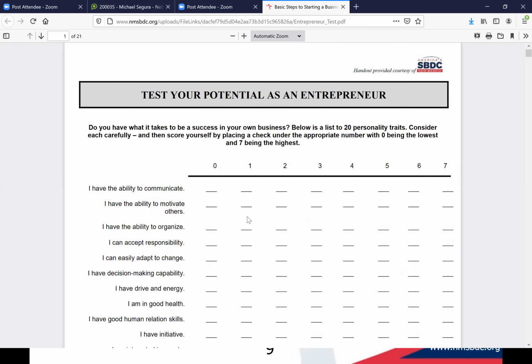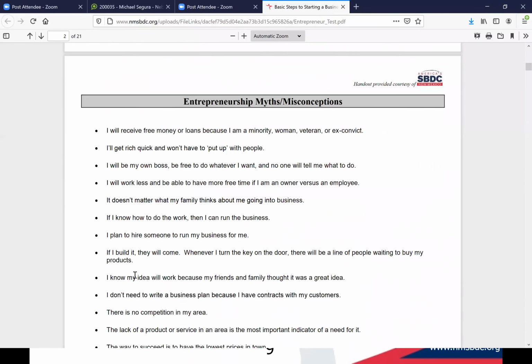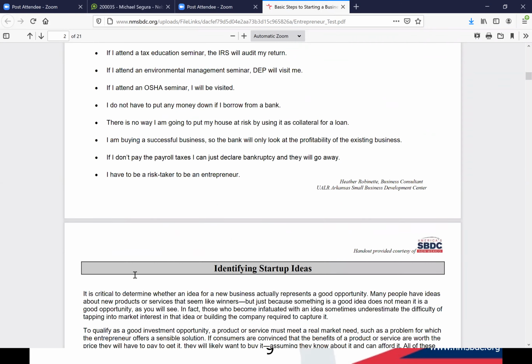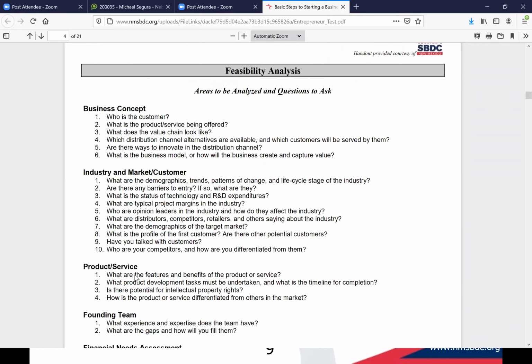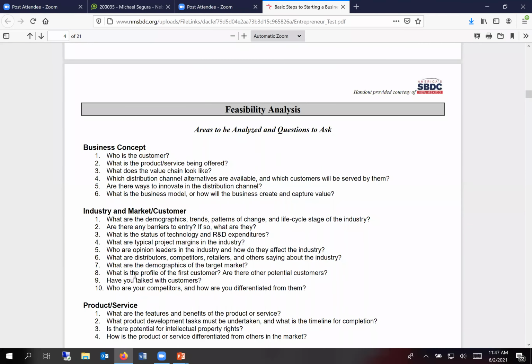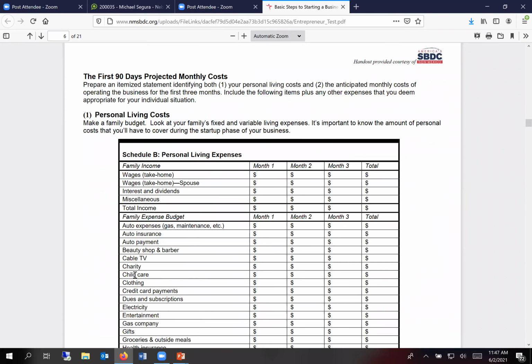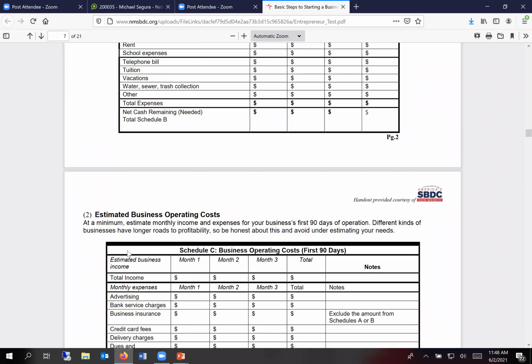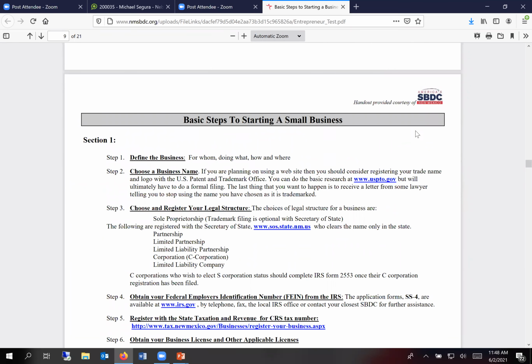It's a questionnaire and it helps you gauge your skills in different facets of being an entrepreneur. Gives you some misconceptions about being an entrepreneur. Talks about identifying startup ideas, talks about feasibility analysis, which is one of my favorite things. Talks about startup costs, startup budget, operating costs, a recap of costs, and then it has the document on which this webinar is based, the basic